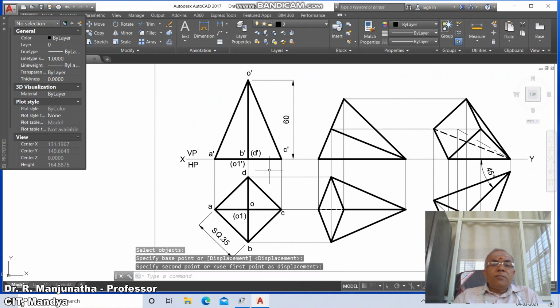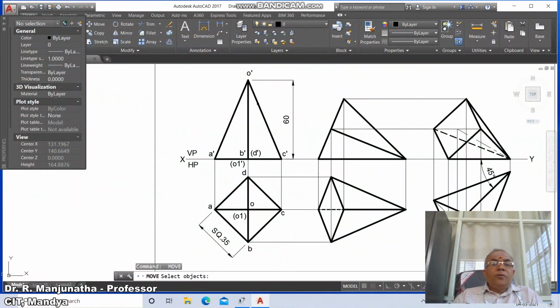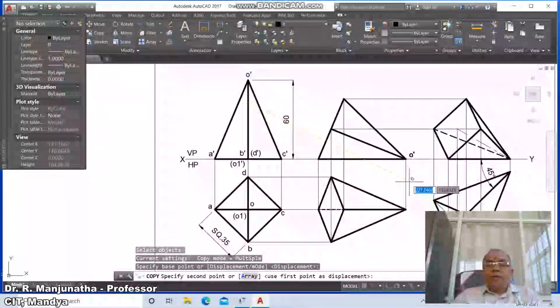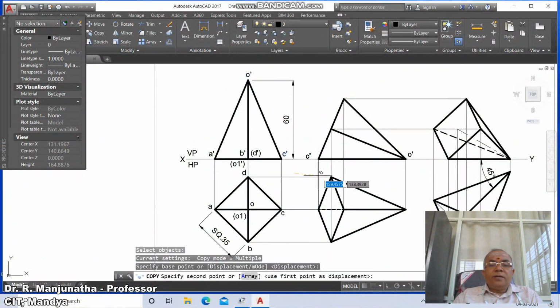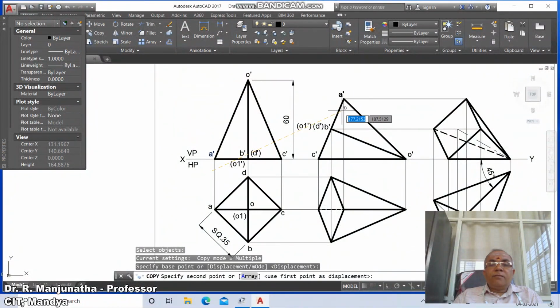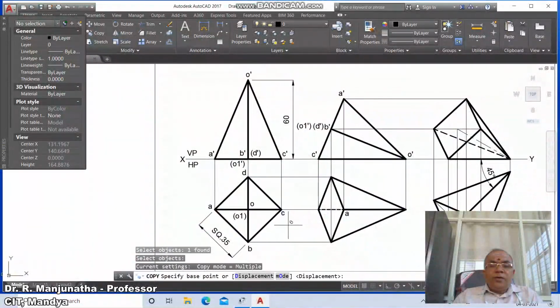you move D dash, you move C dash, you move O dash, then go to copy, select O dash and copy it here, select C dash and copy it here, select B dash and copy it here and select D dash and copy it here, select O1 dash and copy it here, then A dash you copy this here, then you copy A here, you copy C here, you copy B here, you copy O here, you copy D here,